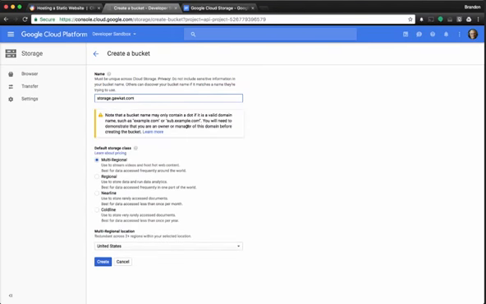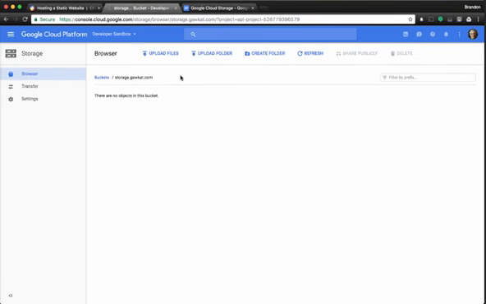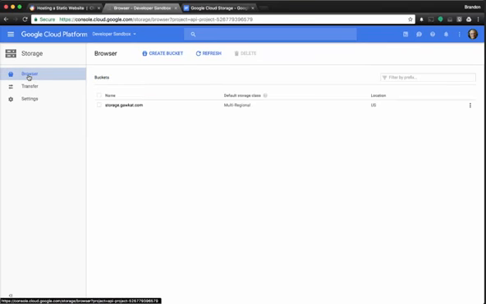paste the bucket name, and it warns me it's got to be a legal valid bucket name. So storage.gsutil.com is, so I'm going to select multi-regional, create, and go ahead and create the bucket. Okay, so my bucket is created. So I'm going to go back to the root of the browser and show you where the settings are at